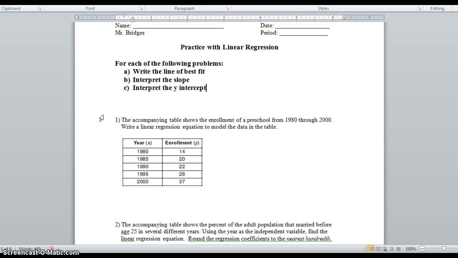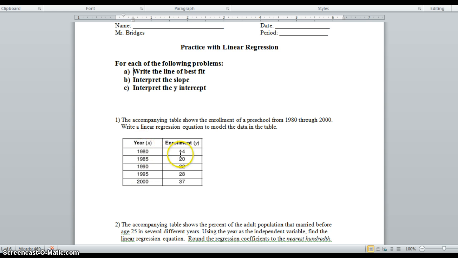Alright, today we are looking at linear regression practice problems. Now you can see for part 1, for each thing we are supposed to write the line of best fit, interpret the slope, and interpret the y-intercept. Now the thing that we're going to do today is, if I look at number 1, here's my X column,